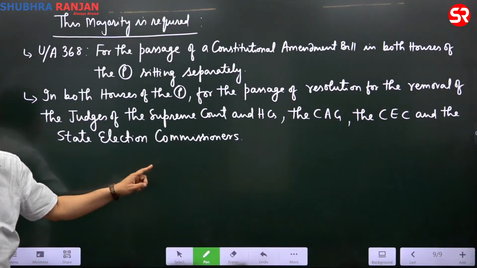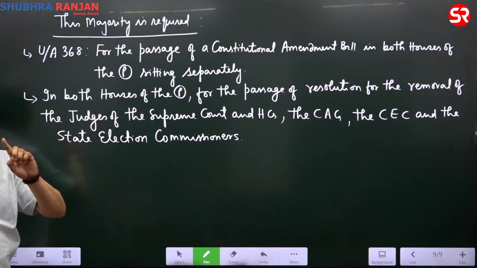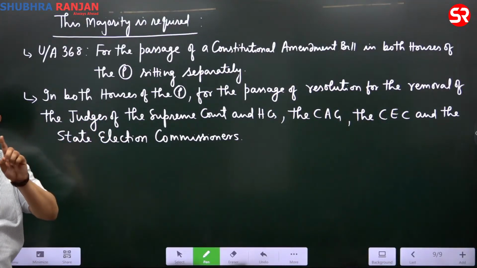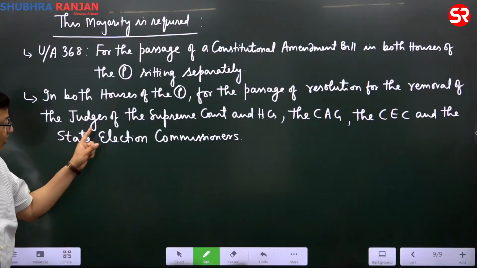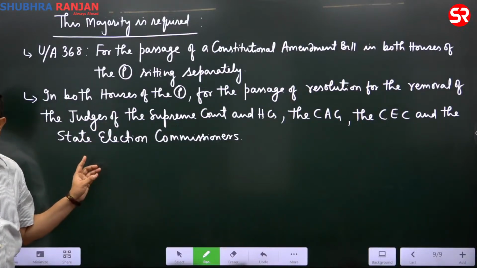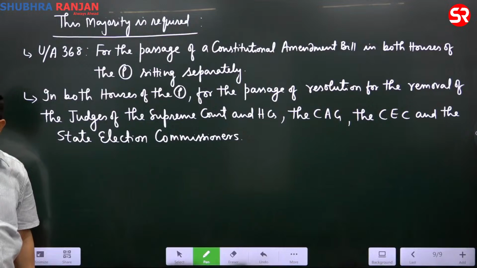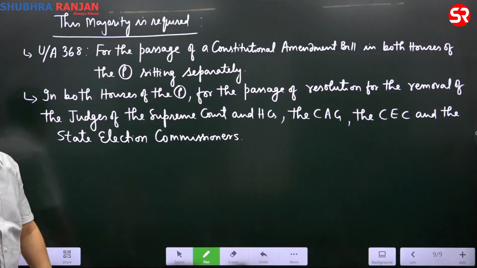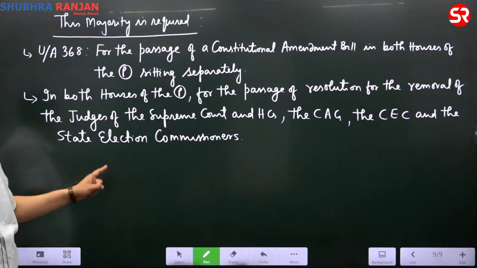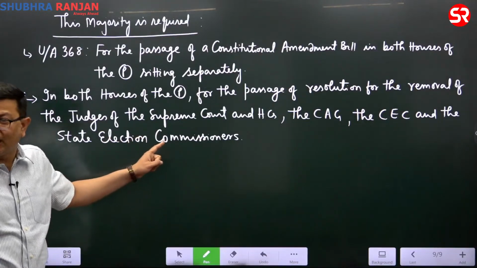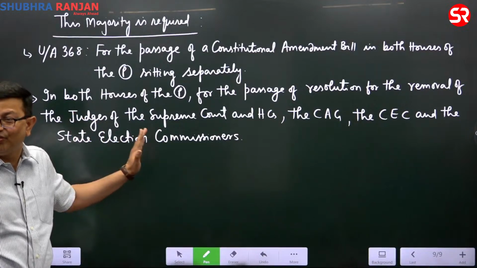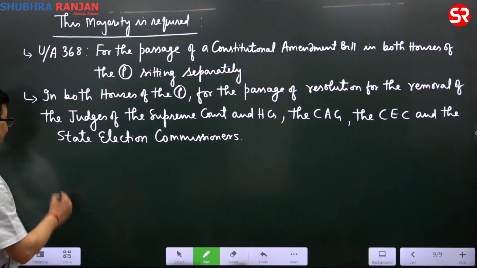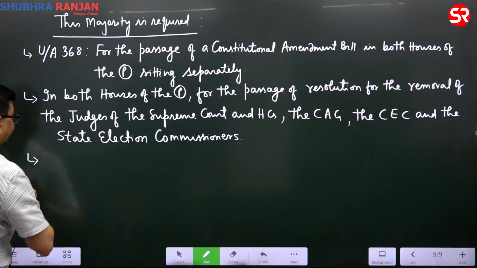They have nothing to do with the conduct of the Lok Sabha elections or the Vidhan Sabha elections. They have to conduct only the election of the panchayats and the municipal bodies. They are appointed by the governor of the state, but they can be removed in the same manner as a judge of the Supreme Court or High Court is removed by the president. And then, thirdly,